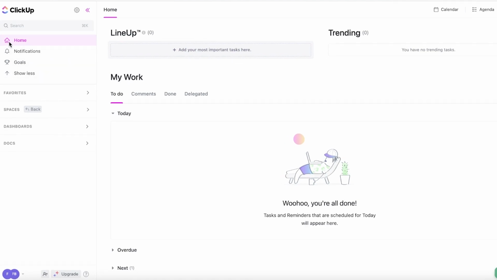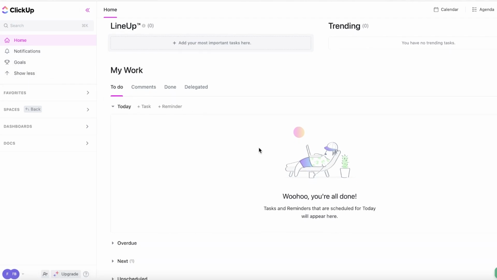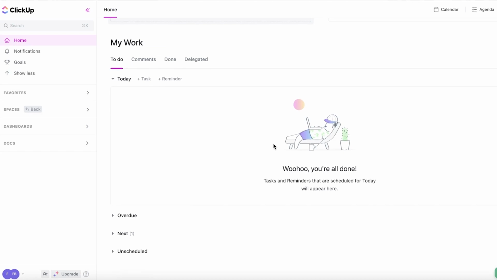Now, ClickUp is a project management or business management software, and there are a lot of different features that even on the free version of ClickUp, people don't realize that they have access to and can really help them out. So I'm going to go over some of these key features that I love using, and first off, I have favorites. So whenever you're using ClickUp, on the left side of your screen, you're going to find this favorite section,